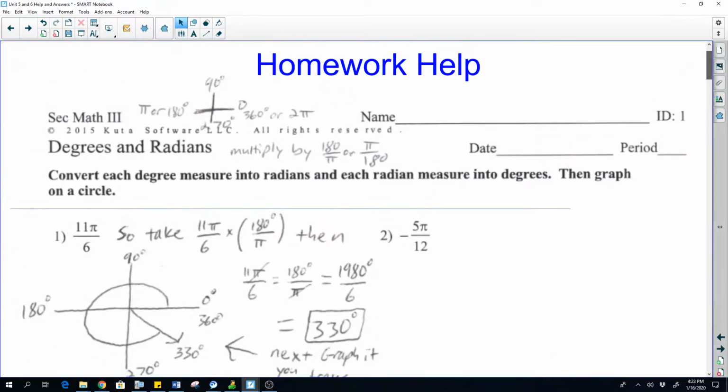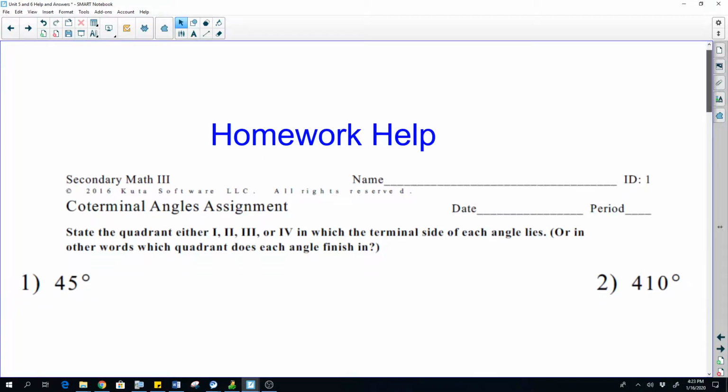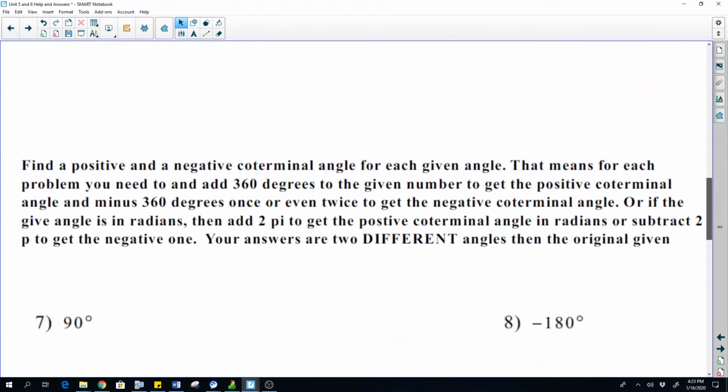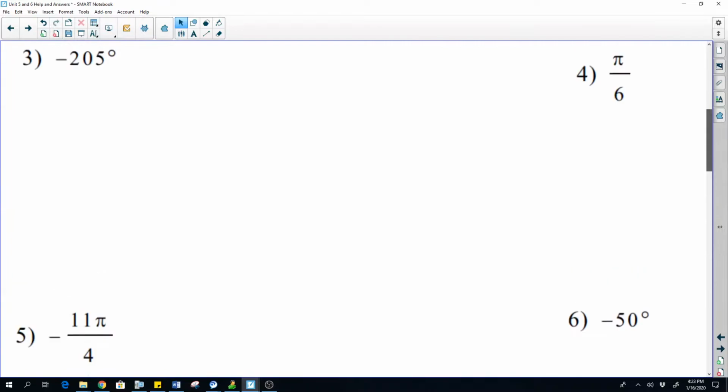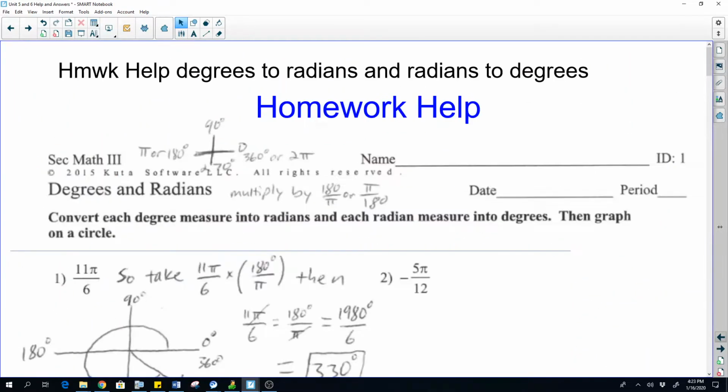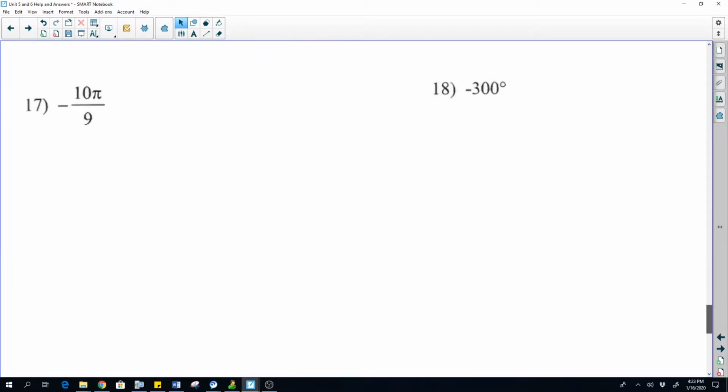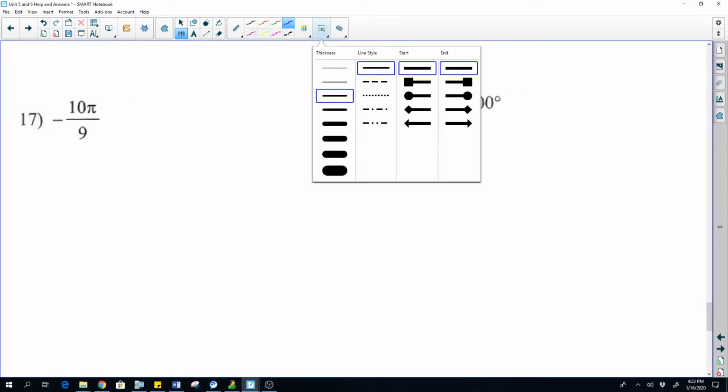So degrees, radians, and we already did that. We could do one on the back side just to keep it going there. And let's do a tough one. Maybe let's see if you got under this one. Ooh, that looks like a toughie. So converting to degrees. So again, to convert to degrees, you